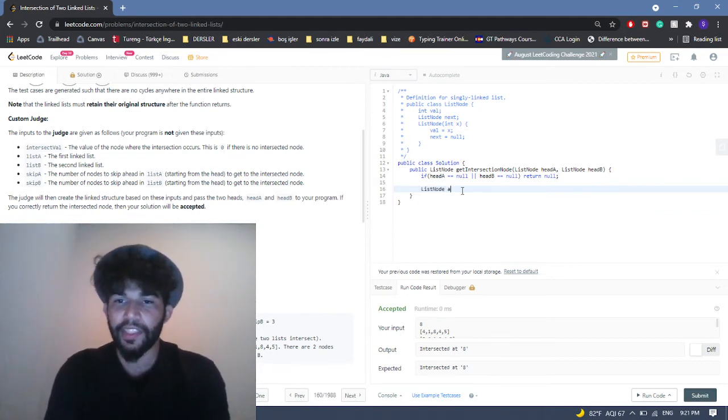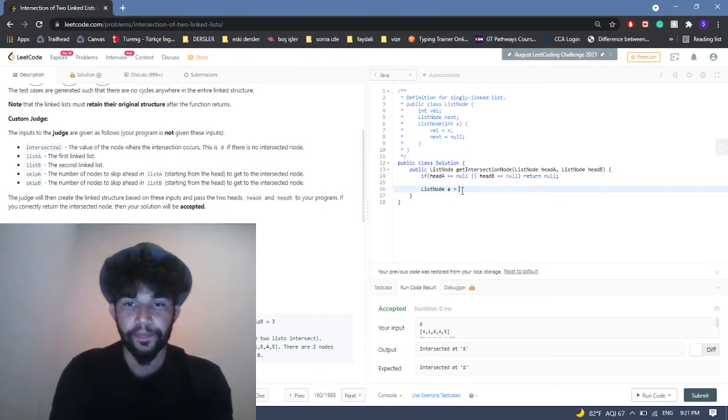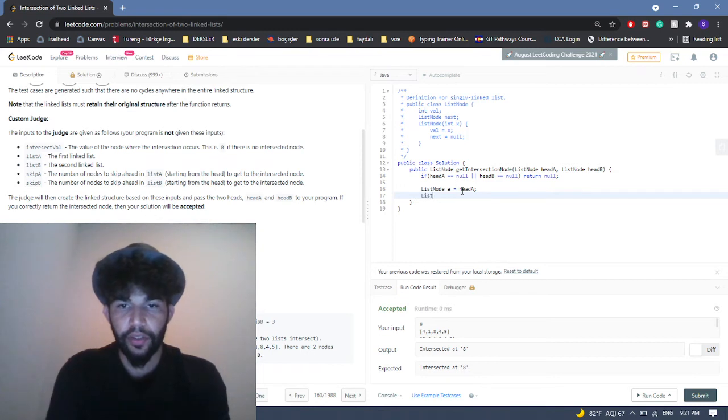This node, I'll say A is going to be equal to head A, and this node B is going to be equal to head B,